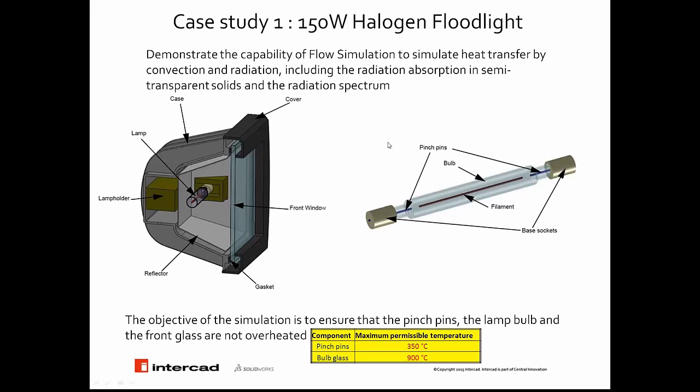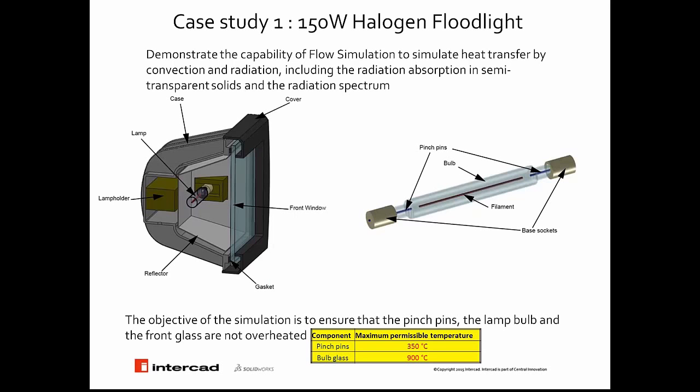To have a closer look at the lamp, you can see on the second picture on the right that the lamp consists of a quartz glass bulb, here it is, and also a straight line tungsten filament, here is the tungsten filament, and also we have a base socket made of molybdenum and molybdenum pinch pins here, and ceramic base sockets. The lamp is assumed to be filled with argon at 2 atmospheric pressure and at a temperature of